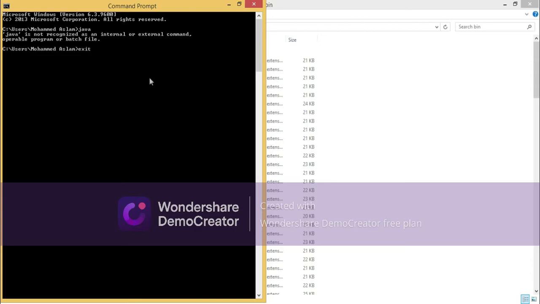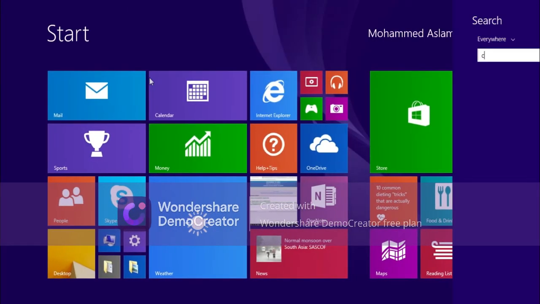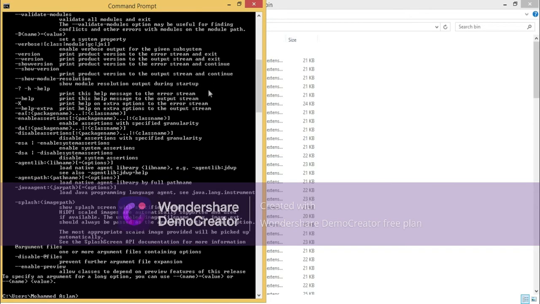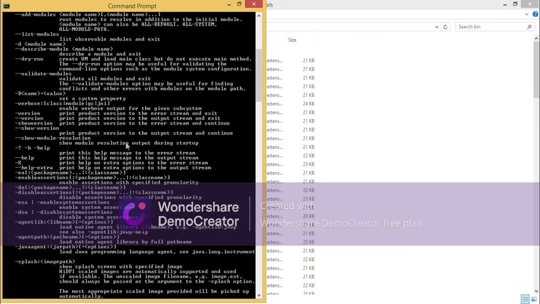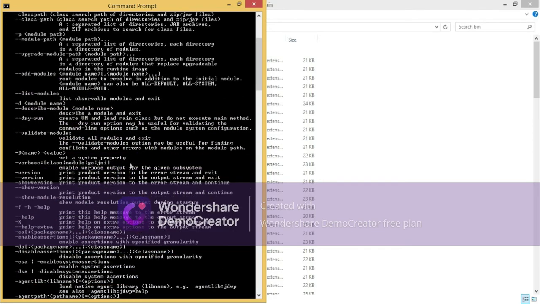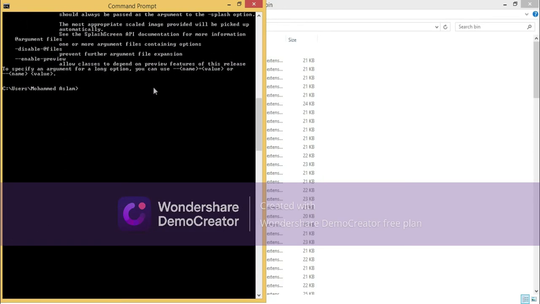So exit from it first. Exit. Enter. And then reopen it. Now just enter java and enter. If you see, I am getting some output here, right? That means my system is recognizing Java. This will be the complete installation actually. You can see the Java version also. Just enter java space hyphen version. Enter. Then you can see Java 13 is there.